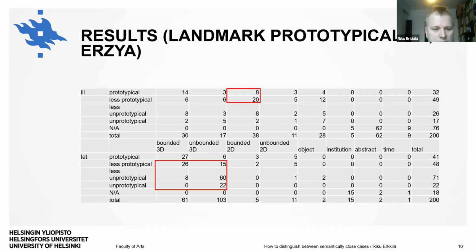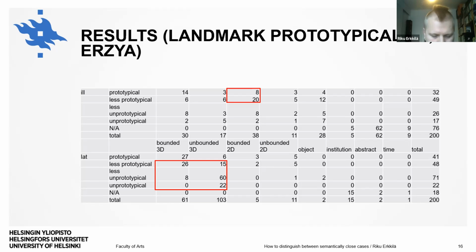They are classified here as less prototypical bounded three-dimensional objects because they are somewhat bounded, and they definitely are three-dimensional, but they neither have a clear boundary towards the outside, which is a requirement that comes from the pre-linguistic concept of containment. And the unbounded, less prototypical, which is a quite big number there, is basically because